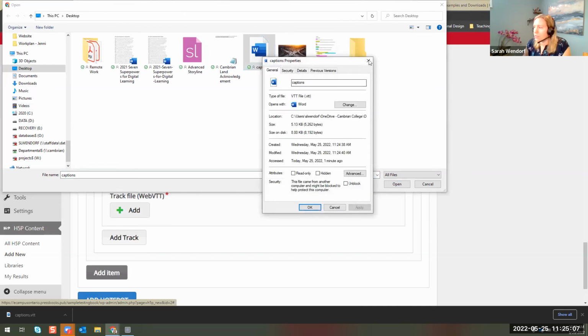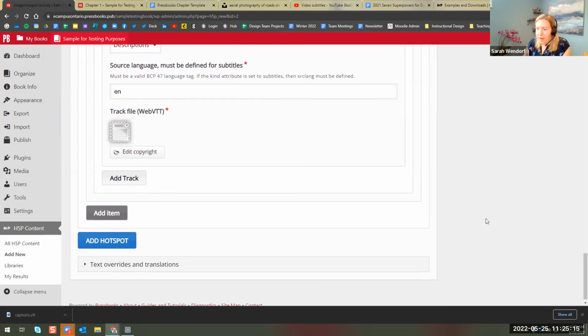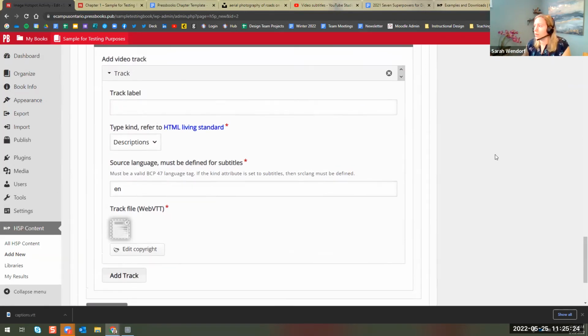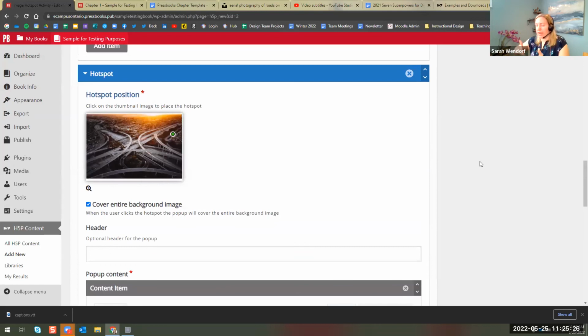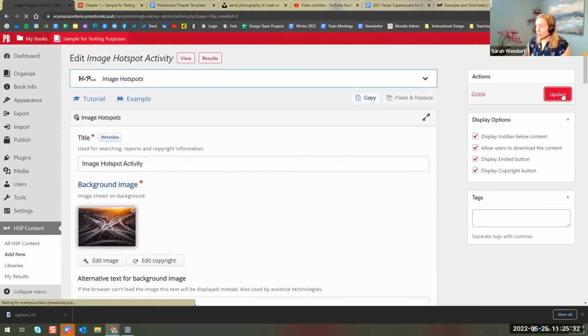Properties, VTT file. Okay. If you're wondering what is a VTT file, that is a transcript file specific to videos that has timings. It's like embedded within the file itself. So that's how YouTube will line up the captions with the audio in the video. So that's a handy tool. So when I click update,